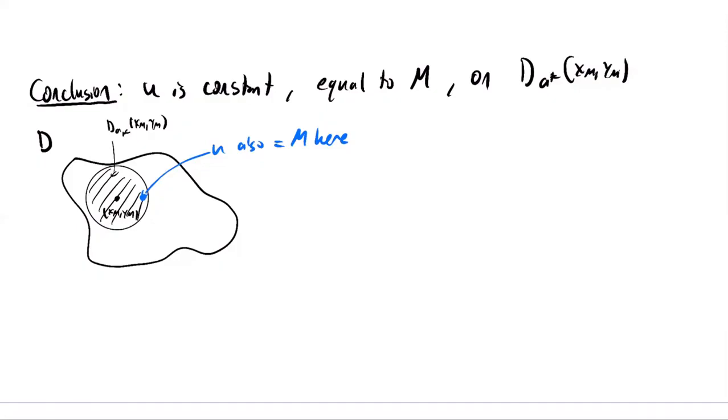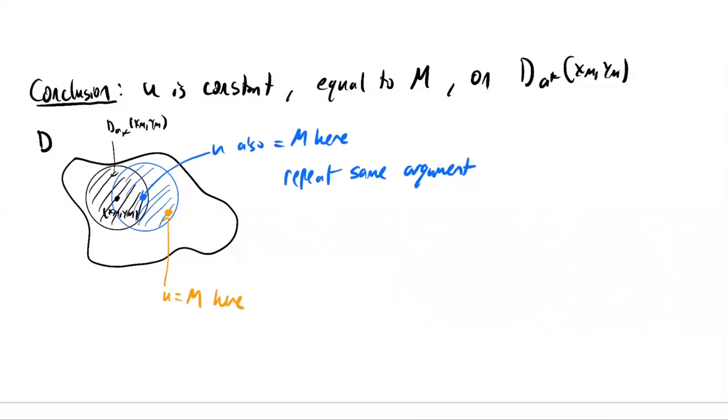But then I can find another disk centered at this point, which is also contained inside my region, and then just repeat the same argument. If we repeat the same argument, we see that u has to be equal to m everywhere in this disk. But then notice we've covered a little bit more space. So now, here's another point where u is equal to m,